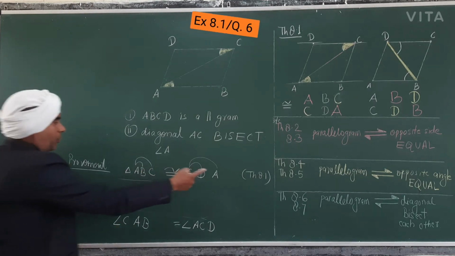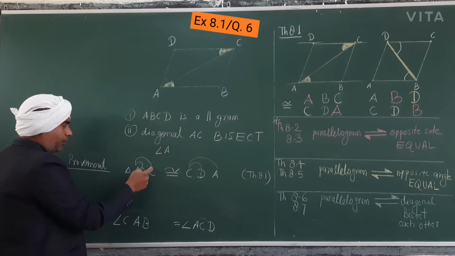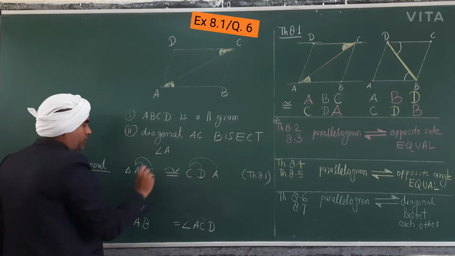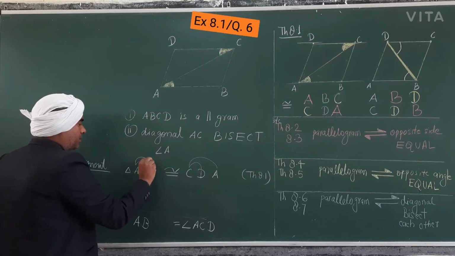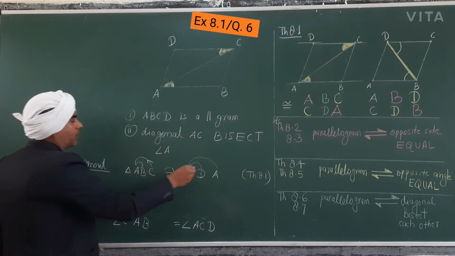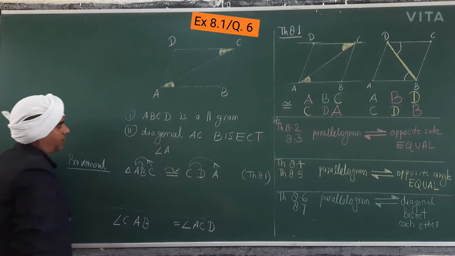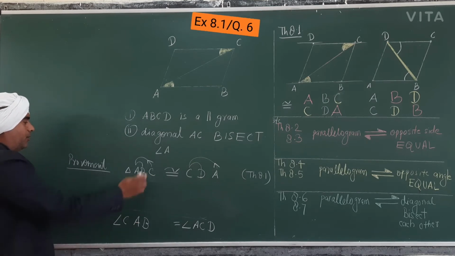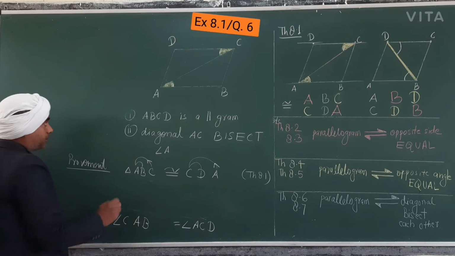Yes, so this is the correct way. Okay, so theorem 8.1, this was congruent. So 3 1 2 and 3 1 2 means you can write here starting 3 1 2. From where you will start? Here 3 1 2 start. You can make this type so it will be very easy, no mistake.